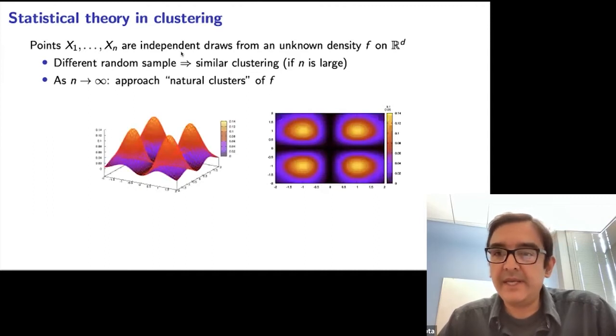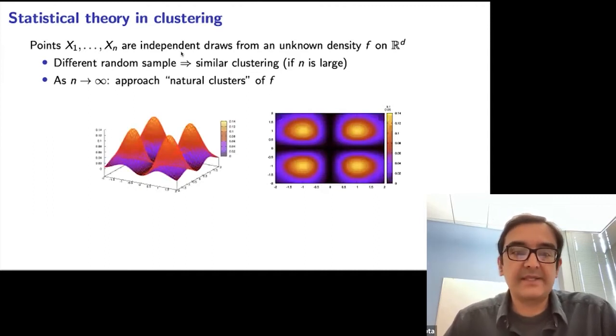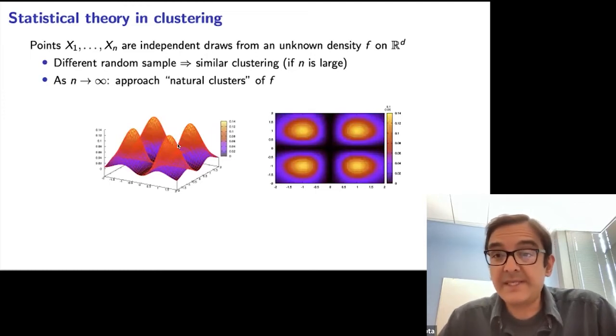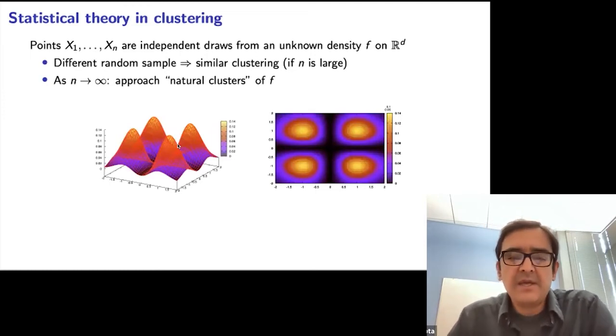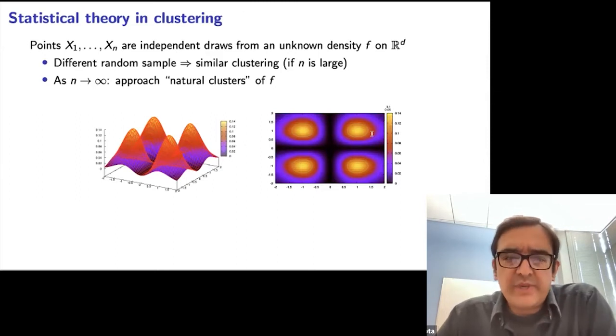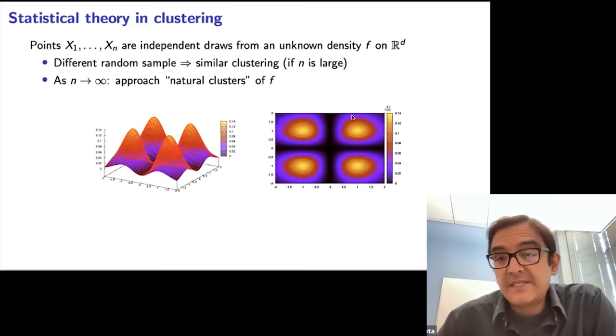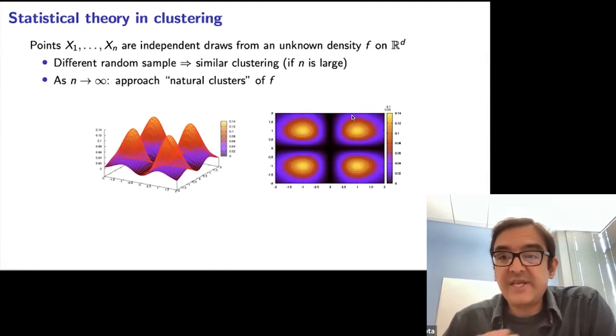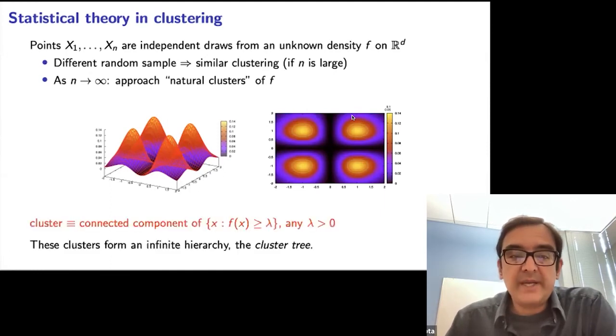Okay, so here is a picture of a density that has 4 modes. And so anybody who looks at it will immediately say, yeah, there are 4 clusters, okay? But where exactly should we draw these clusters? Should we draw them in the middle over here, this orange region, or maybe a little larger, the red region, or maybe a little larger, the purple region? Well, the good thing with hierarchical clustering is that you don't have to choose. You can just say all of those are clusters, okay? And so that's what we'll be doing.